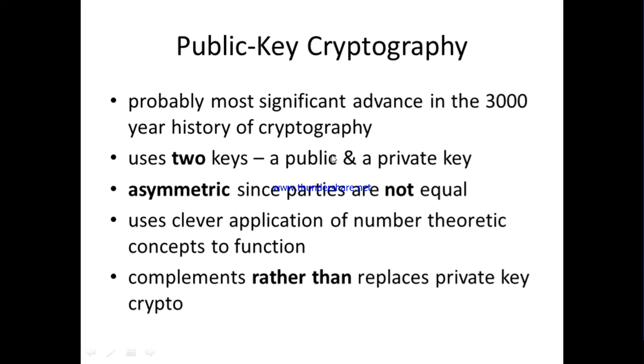These two keys are said to be public and private. So why is it said to be public and private? Every party will be maintaining two keys which are related. One key will be publicly available and one key will be private. If we are using the public key for encryption, we need to use the private key for the decryption. If we are using the private key for the encryption, we need to use the public key for the decryption. In that way, these two are related.